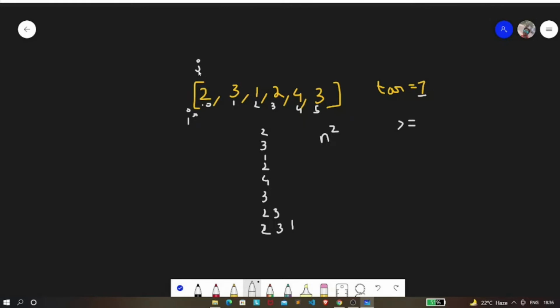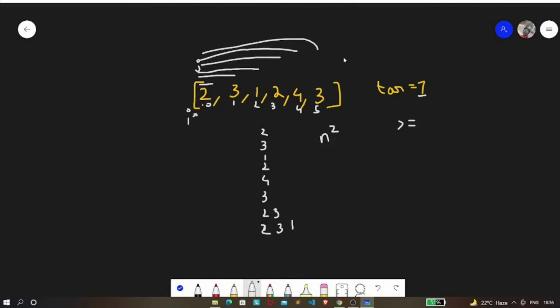At first we are going to move the j pointer, so we check this element, consider this as a subarray, then this, this, this and this as a subarray. Finally we can consider this as a subarray, right? So all we do is move the j pointer one step at a time.